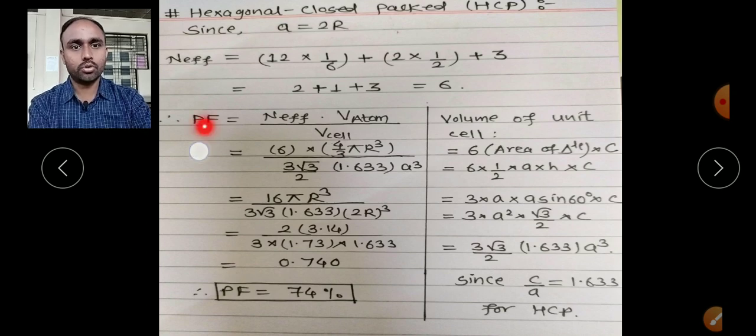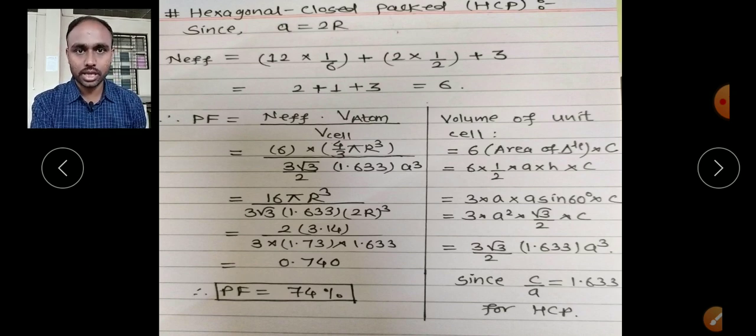Okay. Here now come to this side, go to the packing factor. Yes, packing factor is nothing but volume of all atoms divided by volume of unit cell. But volume of all atoms, how to calculate? How many number of atoms, that is effective number of atoms into volume of one atom. That is why N effective into volume of one atom divided by the volume of unit cell, that will be the packing factor or atomic packing efficiency. Okay. So, how many effective number of atoms we got?